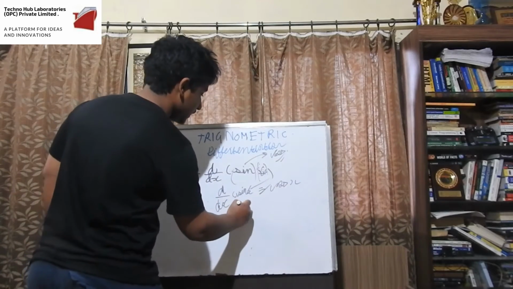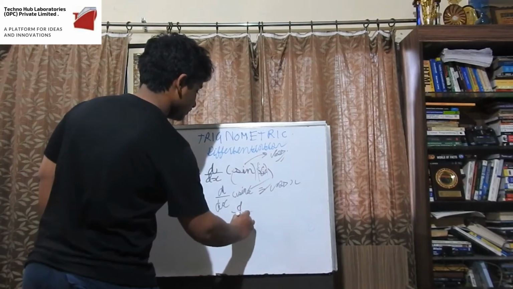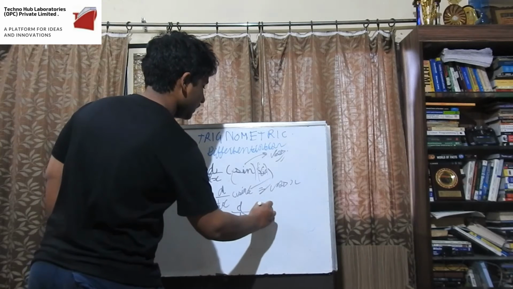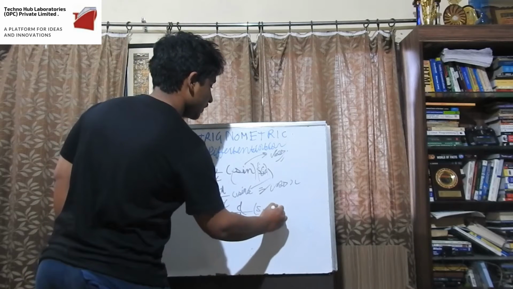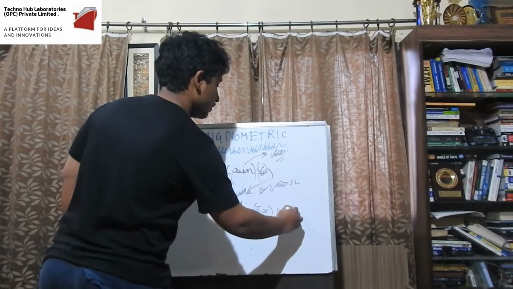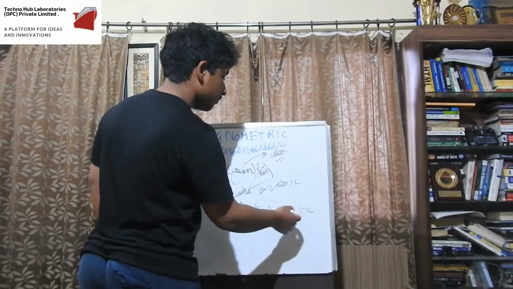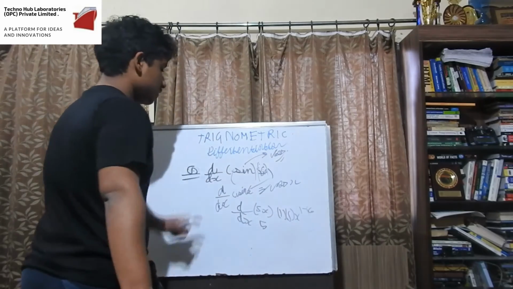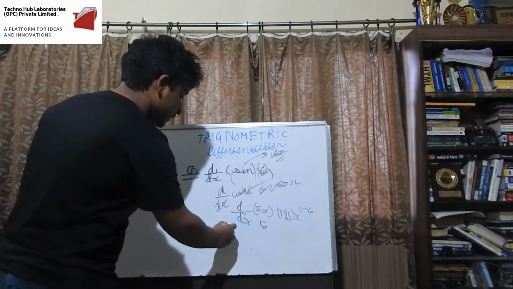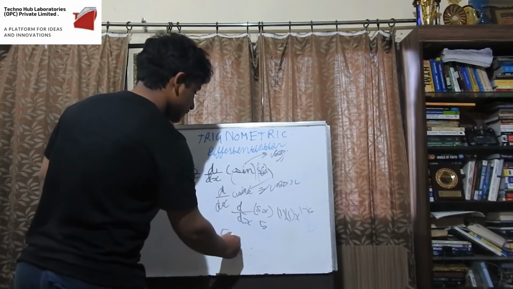So the d by dx of 5x is 1 multiplied by 5, x to the power 1 minus 1. So it becomes 0, x to the power 0 is 1. So it is 5. Okay, so now how will we write the answer? We will write it like this: 5 sine